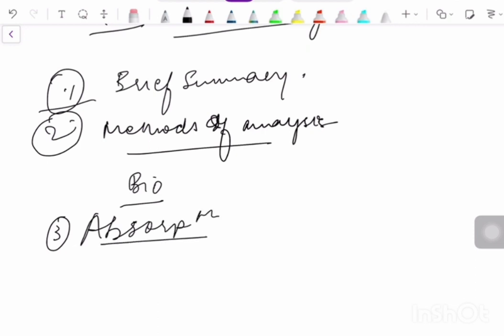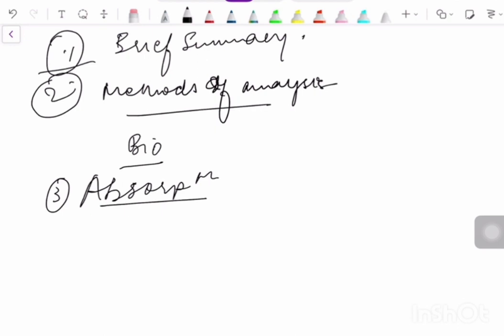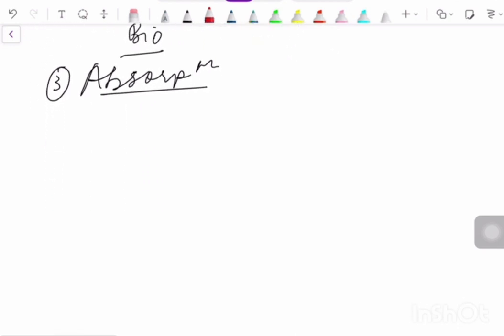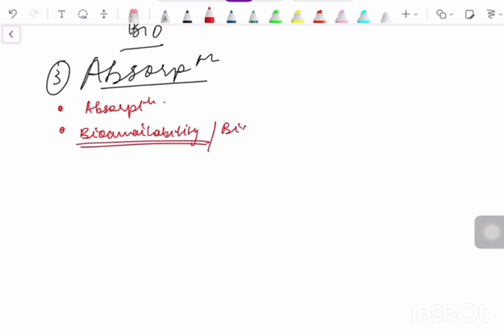The following data should be summarized in this section. Whatever absorption is, the extent and rate of absorption, and kinetic parameters, bioequivalence and bioavailability. This is important because it will come in tricky questions later on. So for right now remember that 2 points are covered here, absorption and what? Bioavailability. Because many times what happens is that your drug is not branded, your drug is a generic drug,